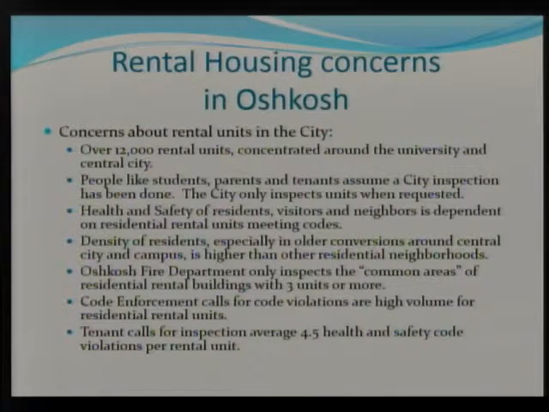But they only look at the common areas, say the hallways and the stairwells of buildings that have 3 or more units. So the 1s and 2s in the central city and the university area, they wouldn't necessarily be looking at. High volume of calls, and a lot of violations when we actually do get called. And then people have asked about what kind of history do we have, and